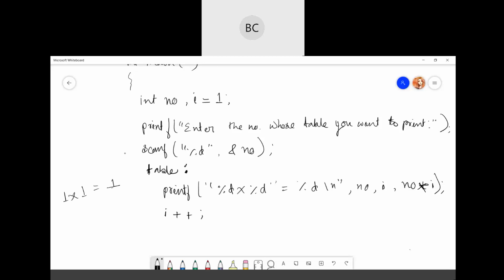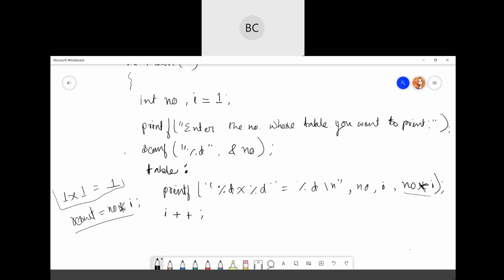You can also store this intermediate value in a variable as result. You can just write result equal to number into i. So instead of writing one more step, I just did it in a single line. So printf will be in this form.